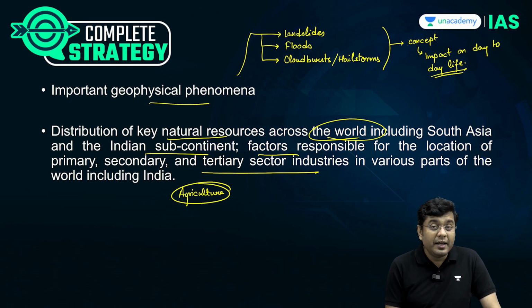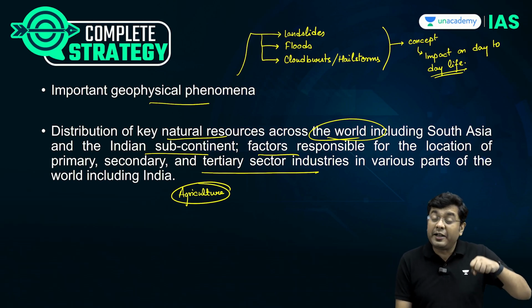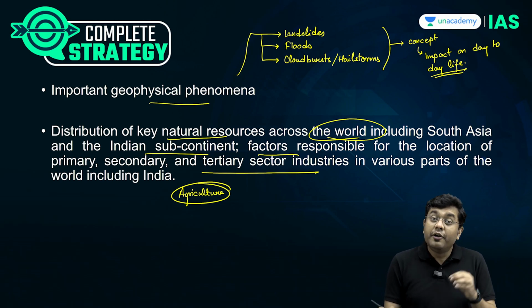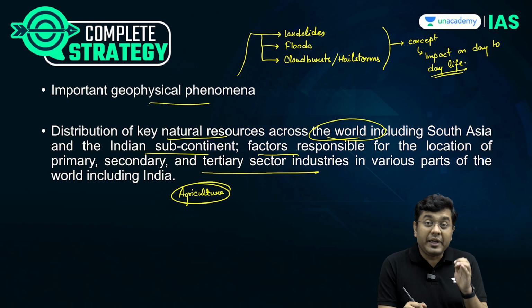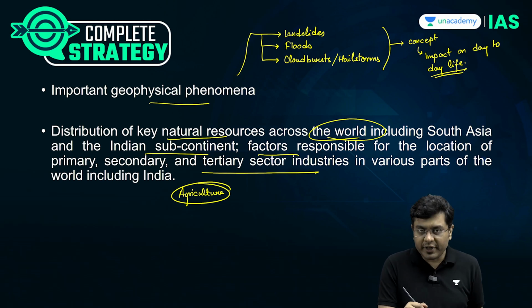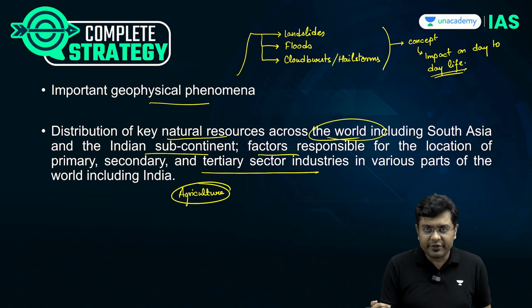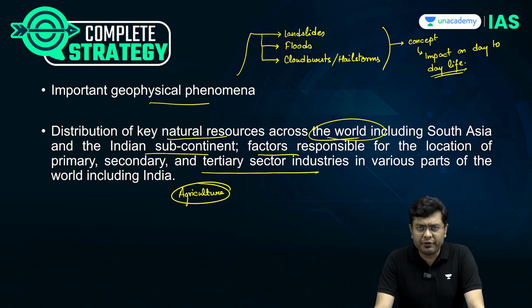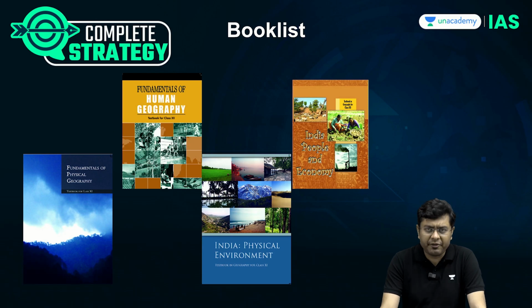Now, how do you get that? How do you get the entire aspect from industrial location to the distribution of natural resources? For that, physical geography, particularly geomorphology, needs to be having a clear concept. Only then can you have a derivation of this and an application of this. Now, this is something that you need to concentrate upon. Indian geography, which areas to concentrate upon? We'll talk about it briefly.